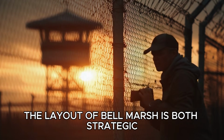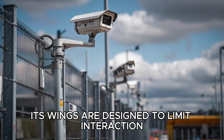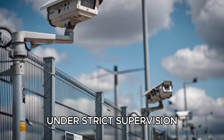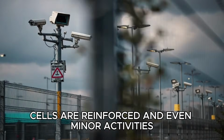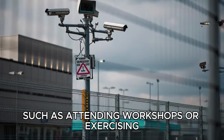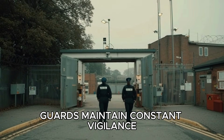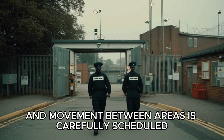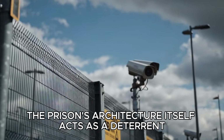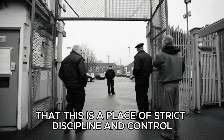The layout of Belmarsh is both strategic and intimidating. Its wings are designed to limit interaction among high-risk prisoners while still allowing necessary movement under strict supervision. Cells are reinforced, and even minor activities, such as attending workshops or exercising, occur under close observation. Guards maintain constant vigilance, and movement between areas is carefully scheduled to prevent conflicts and ensure safety. The prison's architecture itself acts as a deterrent, reminding both inmates and visitors that this is a place of strict